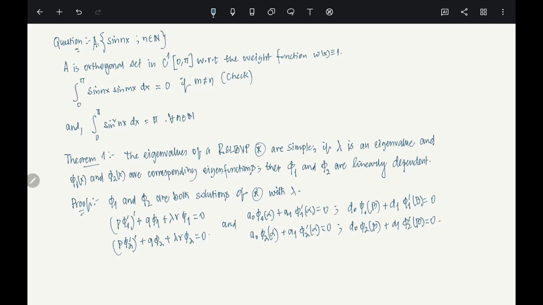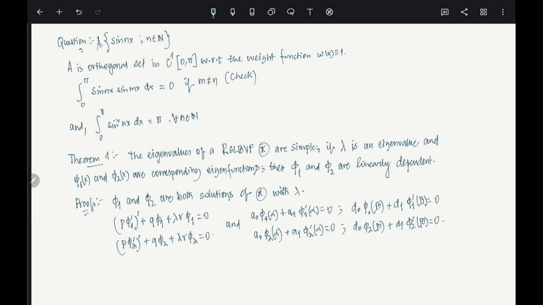So if phi1 and phi2 are both eigenfunctions corresponding to the eigenvalue lambda, then all these conditions hold. Now you see, what does this condition say? It says that the Wronskian of phi1 and phi2 at the point alpha is 0, and similarly for beta we can say the exact same thing. What it is saying is that in the interval alpha to beta there exists a point where the Wronskian of the two functions is 0. Essentially that will imply, by Abel's theorem, if you remember, that phi1 and phi2